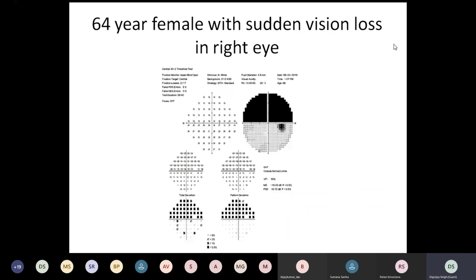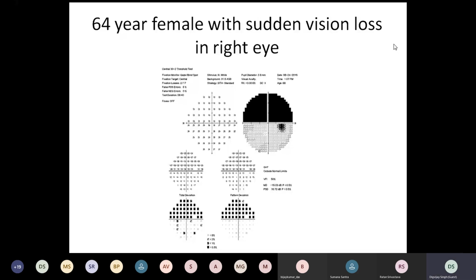Okay, let's come to an elderly female with sudden vision loss in the right eye. The field looks like this. How do we describe this field defect? Now, this is a little different because here it is a field defect which is respecting the horizontal meridian. It doesn't appear to be similar to what our neuro-ophthalmic fields are. So what is causing this? Or how do you describe this field defect? Is this an arcuate field defect? No, it's not an arcuate field defect, because an arcuate field defect would be in the Bjerrum's area and would be continuous with the optic nerve or the disc or the blind spot here.